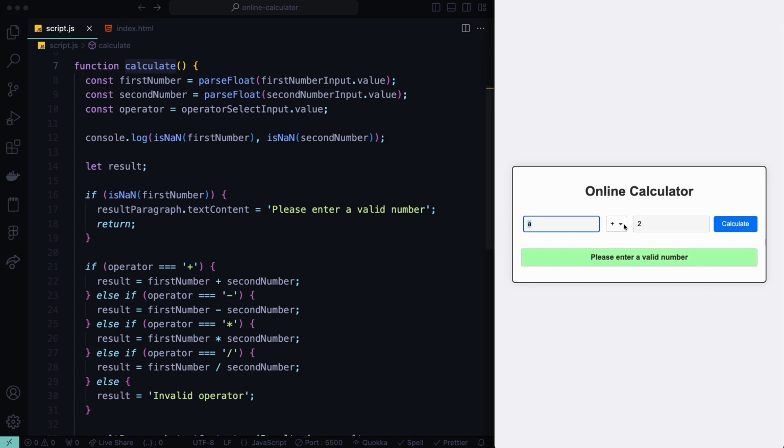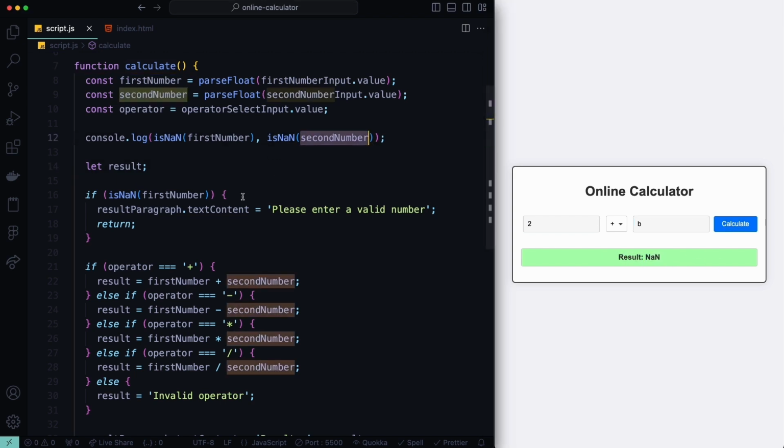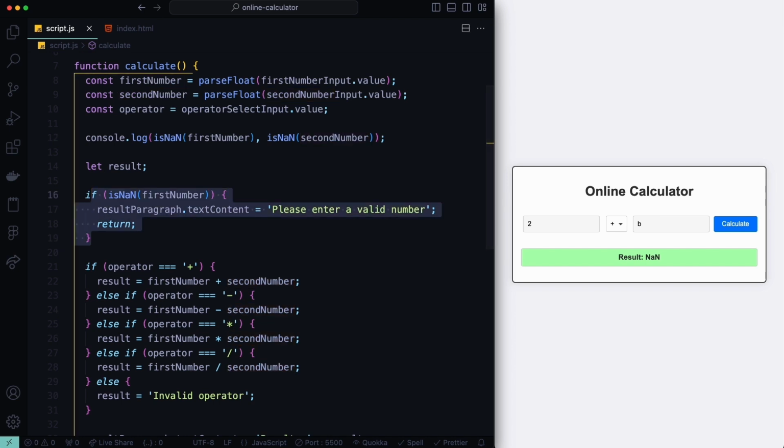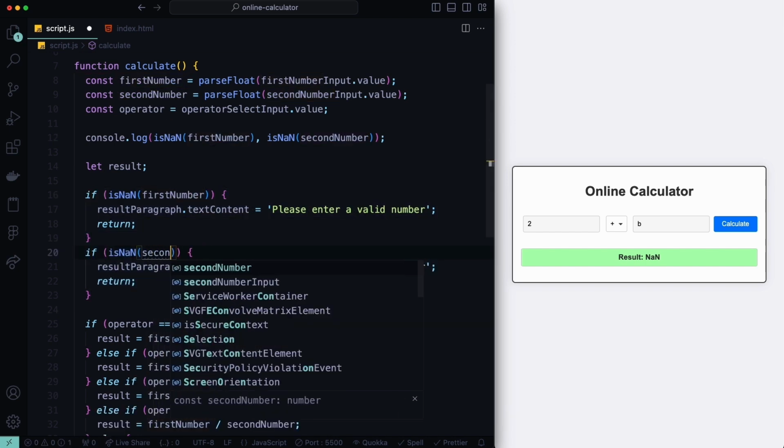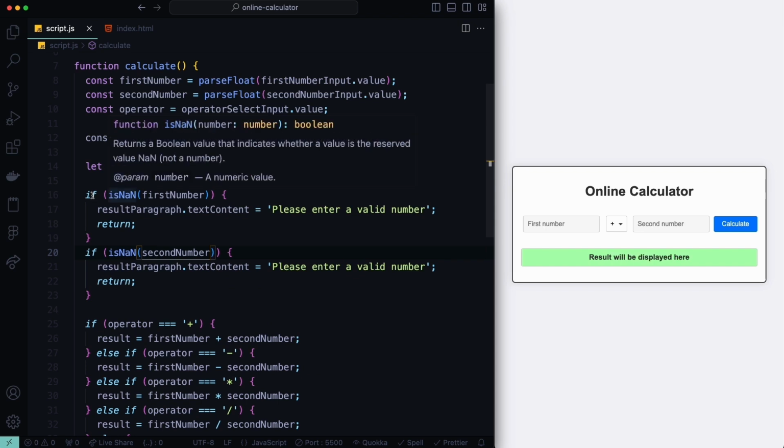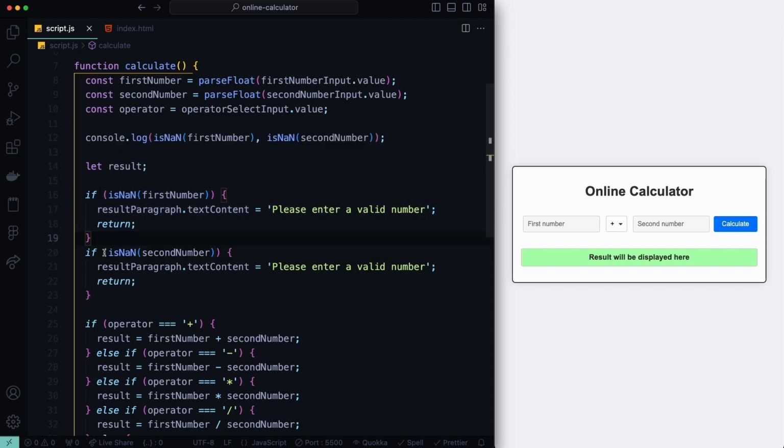Now if we try to do 2 plus B and hit calculate, you can see we are still seeing that none, and that's because we didn't check the second number here. So what we can do is copy this if statement, and here instead of first number we can check the second number. This means that if the first number was valid, then we will get inside of this if statement, and if this second number is not valid, we will again have the same error message displayed on